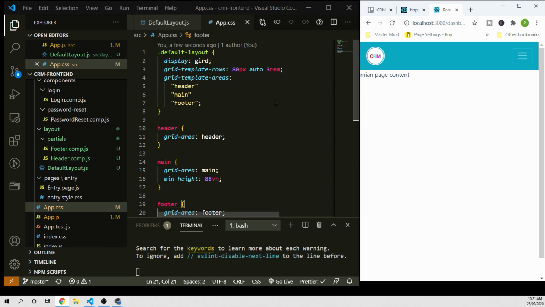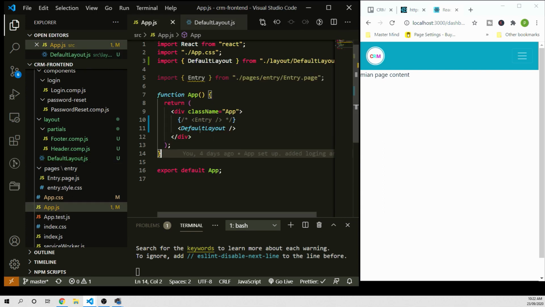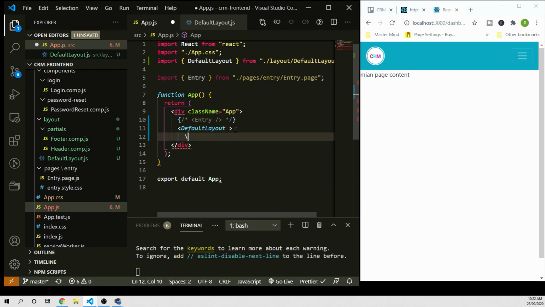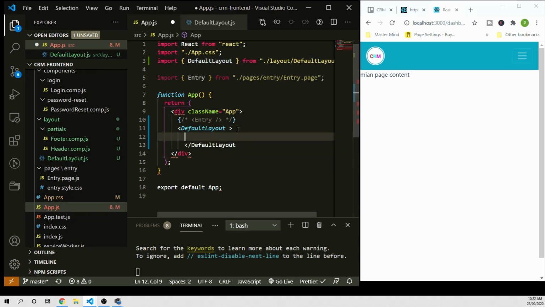Now all we have to do is that every time we create a component, for example, okay, I'm just going to close this one for a second, app.css. So now every time we make any component or app in app.js, we can simply call the default layout and wrap whatever you want to show in the main content area. So what happens here is that everything you pass here